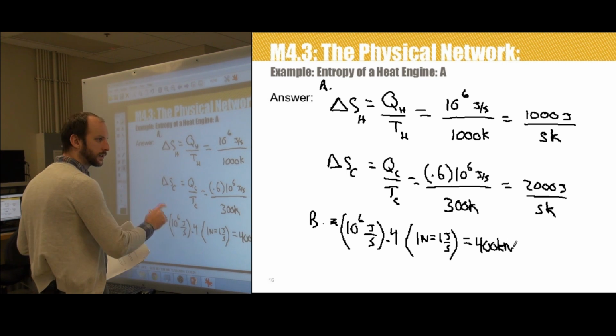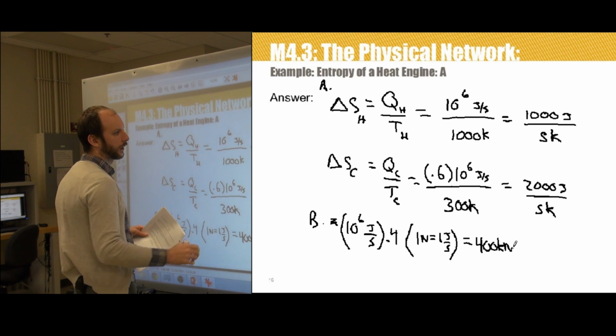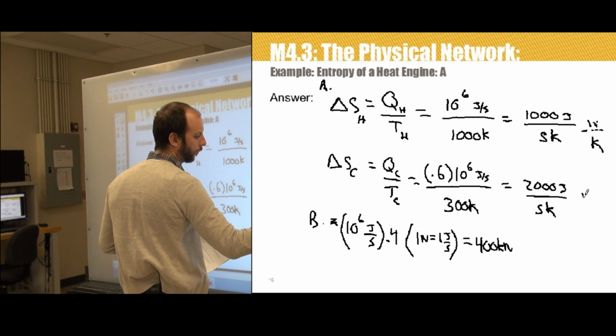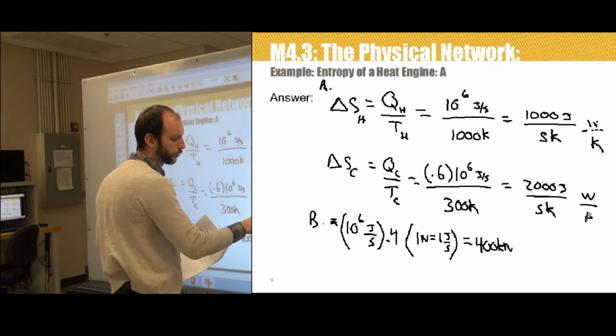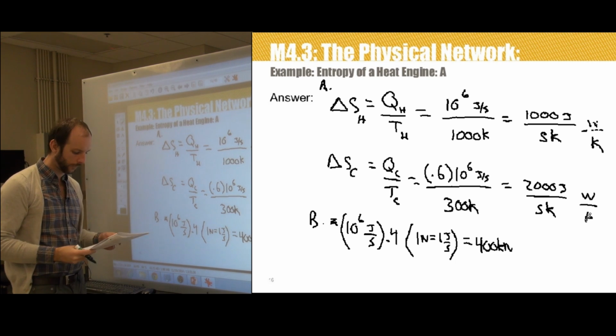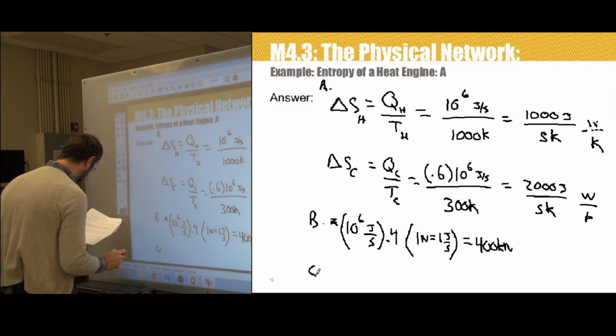And so from that we see that a very common way to write entropy is actually in watts per Kelvin. Watts per Kelvin, because that joule per second is just an energy per unit time, which is power, the definition of the watt. And then C, what's the total entropy gain